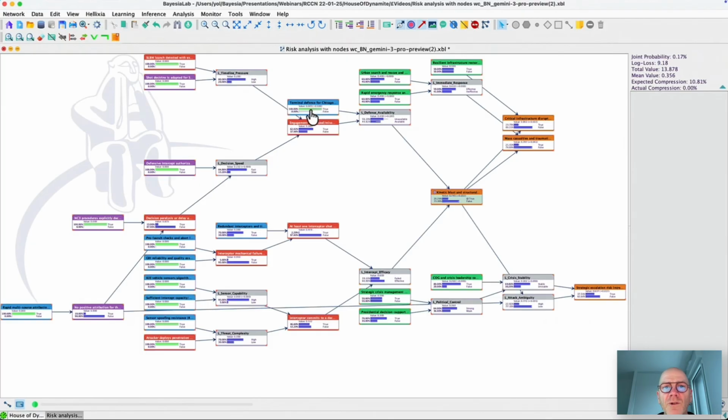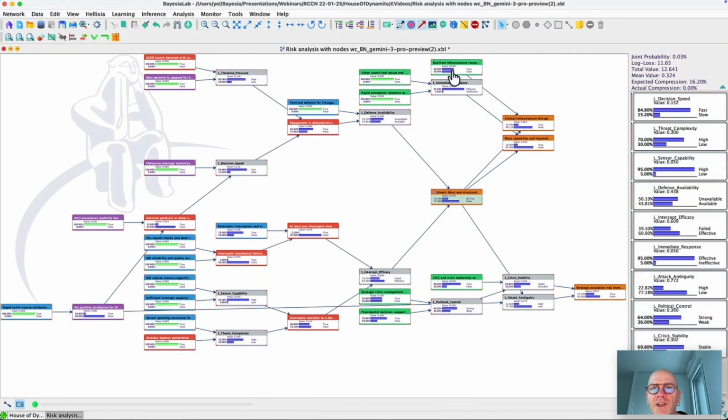And I can go there to the blue one, the terminal defense for Chicago, then to the green one here, so these are mitigating barriers, right? The urban search. So we see that the priority of having an effective immediate response is now 95%, and so on and so forth. So we can go back here for the political decisions and see how it impacts the strategic escalation risk,